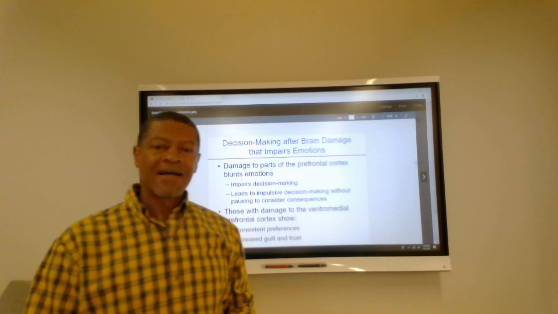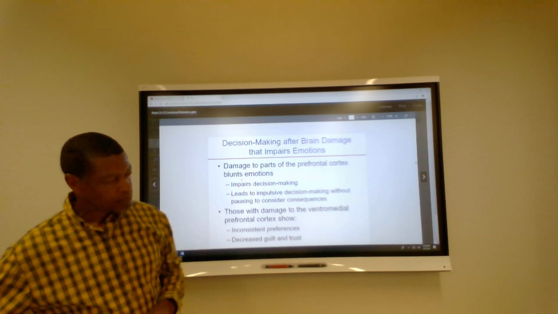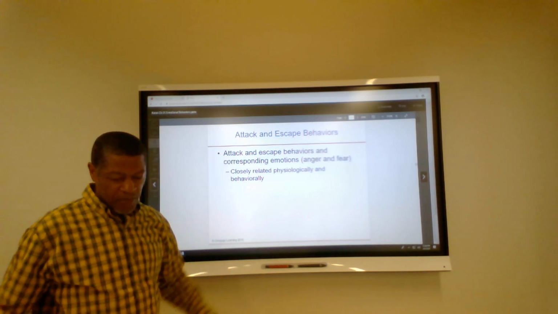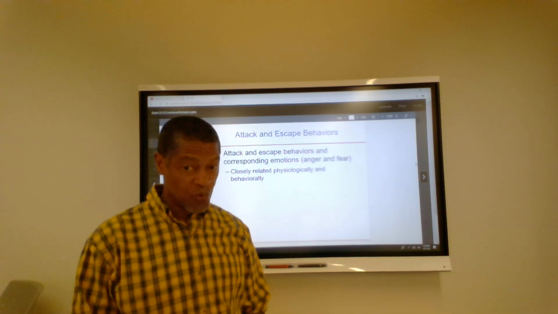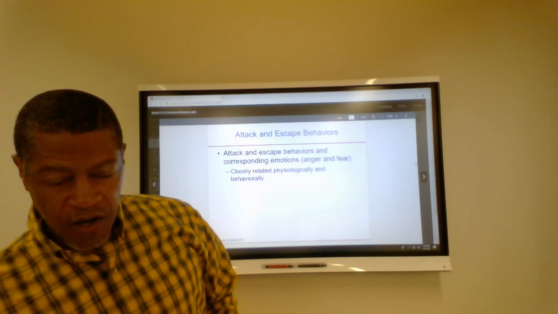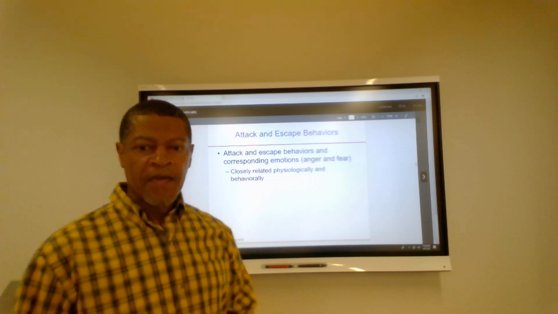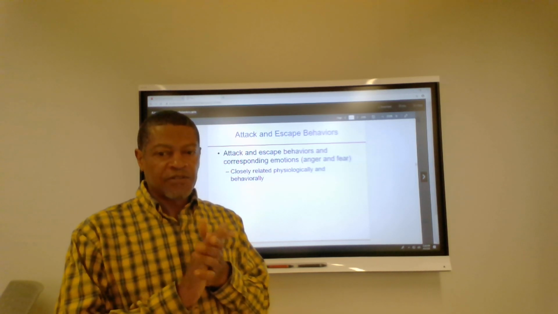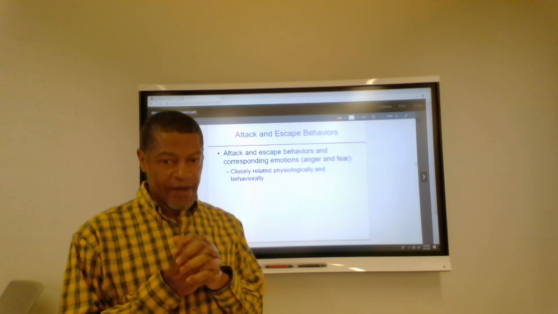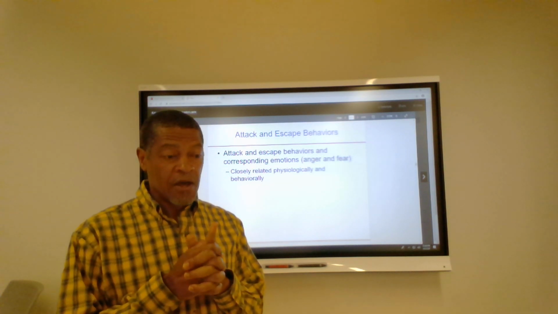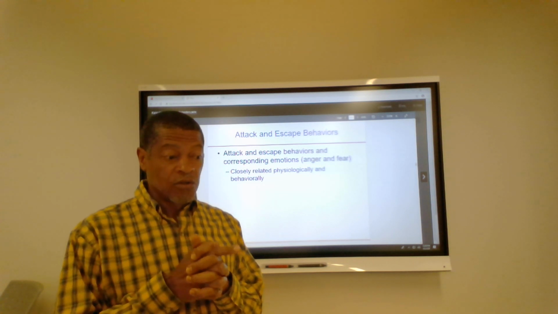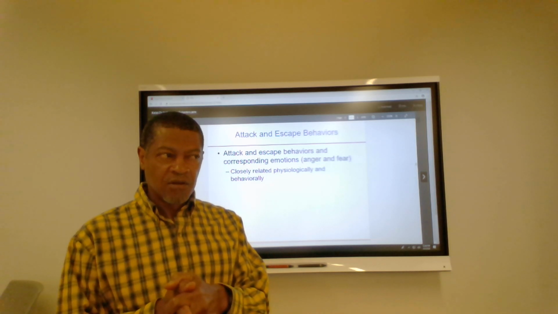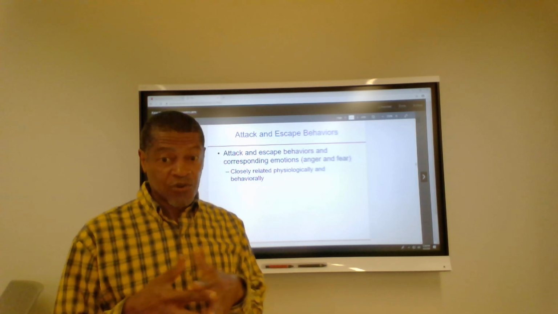The next module is on attack and escape behaviors. Many of these types of experiments aren't necessarily done on humans. They can be done on animal models, for example, looking at rodents in a fighting paradigm. Hamsters are spontaneously aggressive, territorial animals. Therefore, you can put two hamsters in a cage, male and male, and have them fight to look at territoriality. One of them will become dominant, one will become submissive. A lot of rodents are territorial.